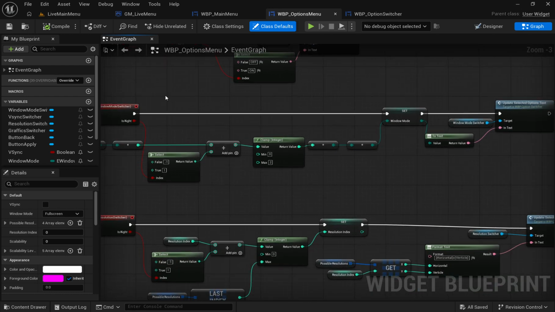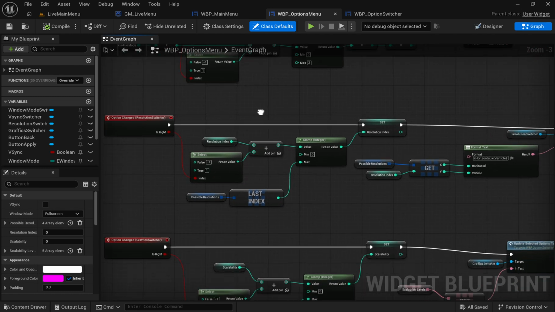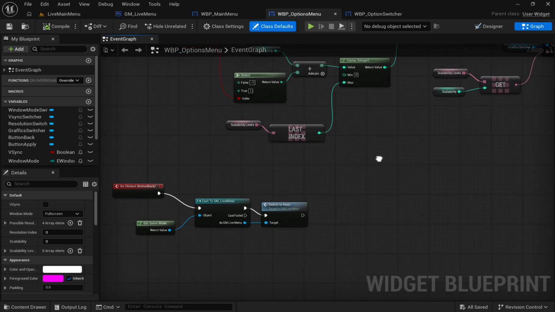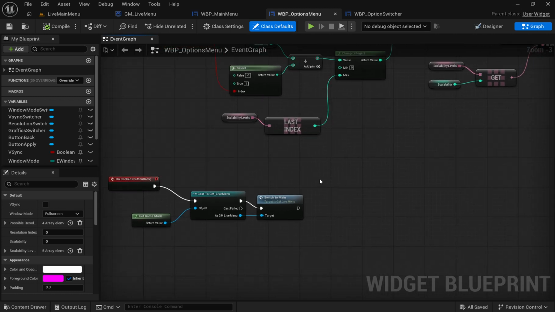And then we can see here what's actually happening is through all these nodes. For our VSync, we have the option mode, the option changer, the graphics switcher, and the on click. And this is just from following the YouTube video that I'll link in the description. And that's how we're able to get the